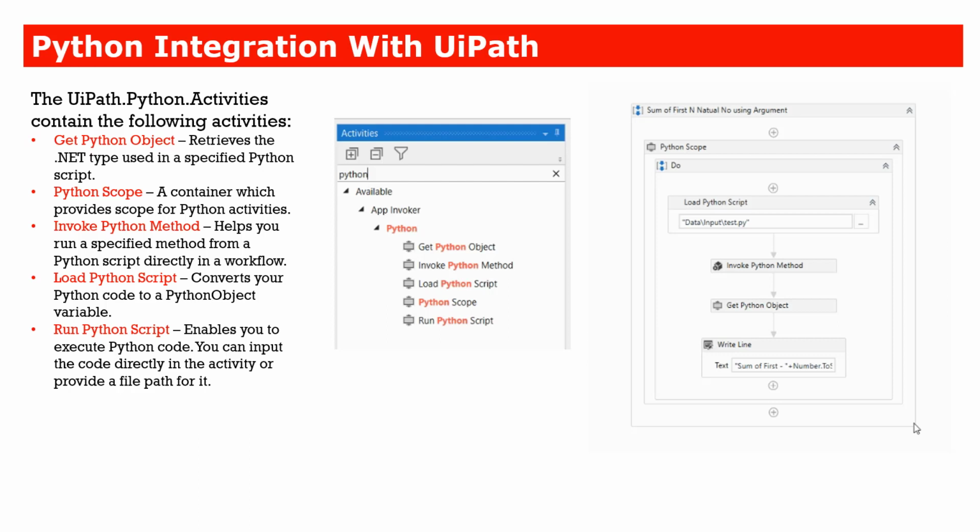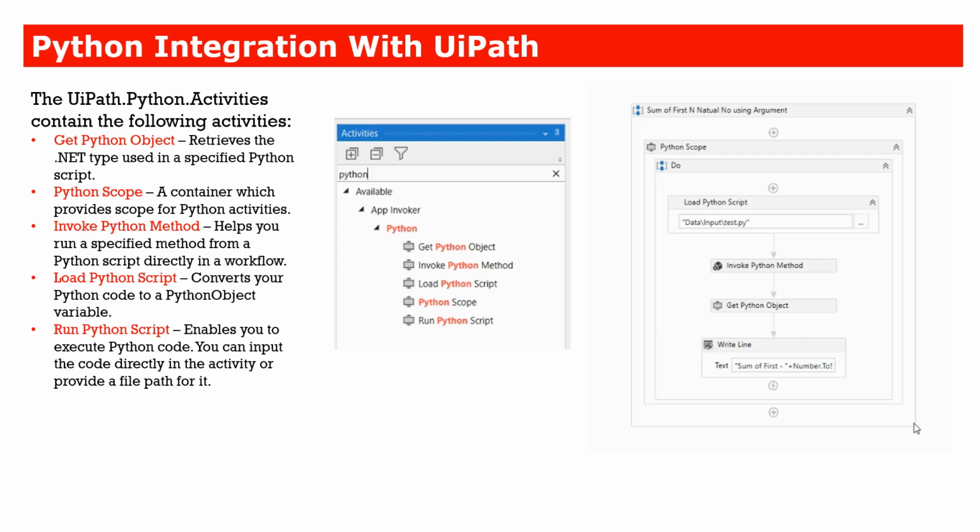Next, once you have loaded the Python script, you have to use Invoke Python Method. Why Python method, why not script? Because you could have multiple methods defined inside the same Python program. You can write multiple methods. For example, addition, subtraction, multiplication, division and all those things, if you're talking about a simple calculator program.